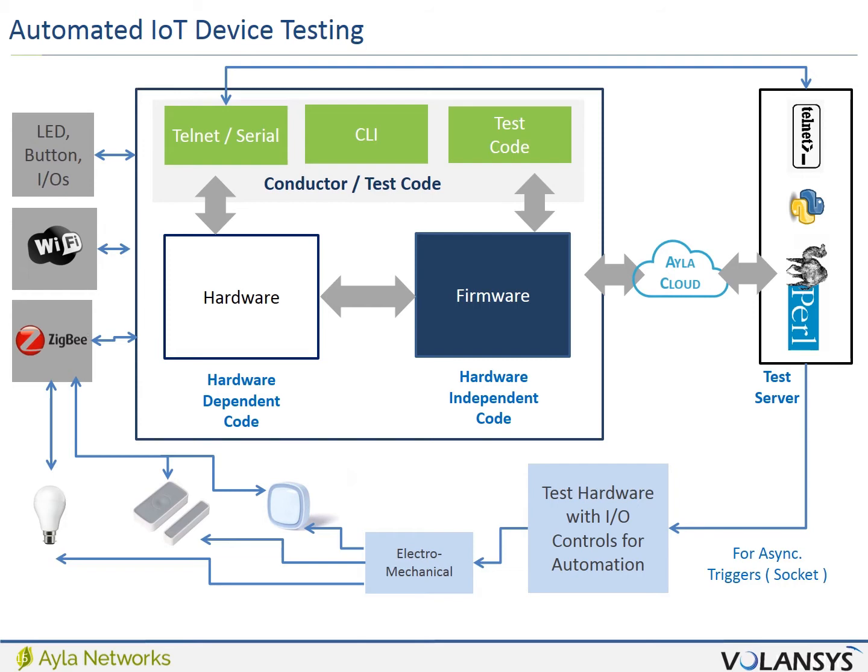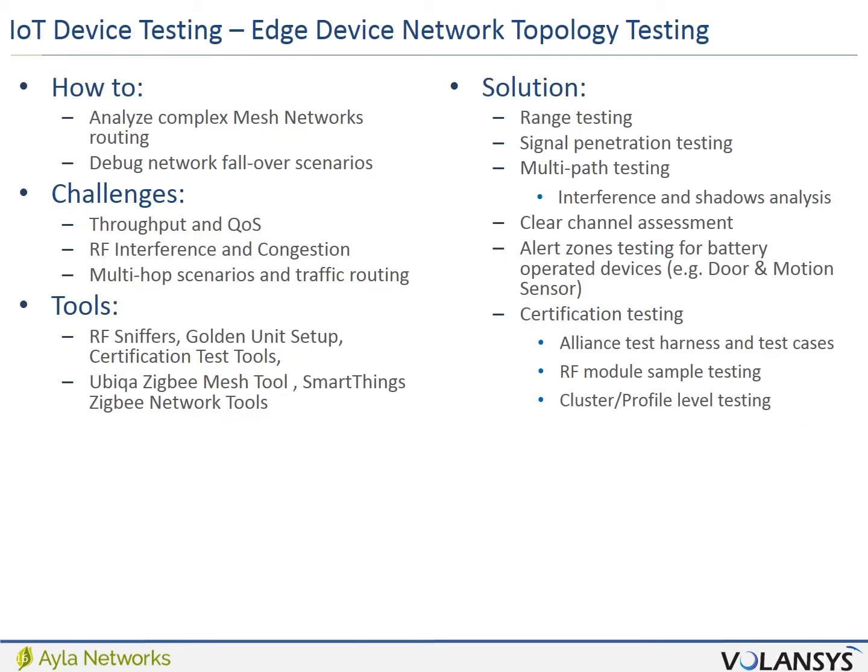Okay, so this particular section is dedicated to RF and topology testing. When it comes to dealing with multiple RF protocols on the same device, we need to take very special care. Like RF congestion should not affect the data traffic and throughput. Also, data routing should happen correctly through various nodes of the mesh.